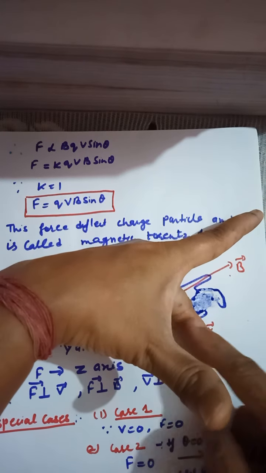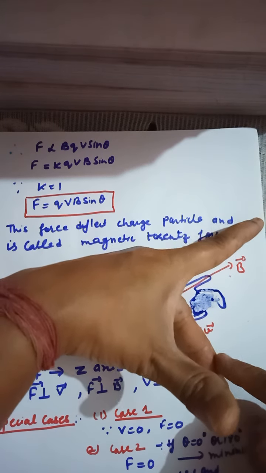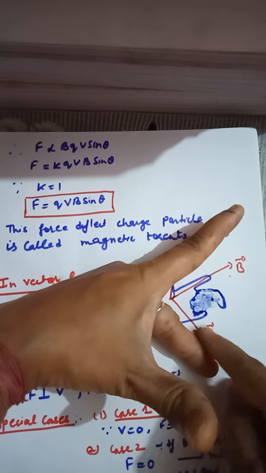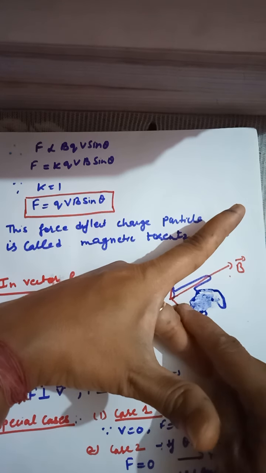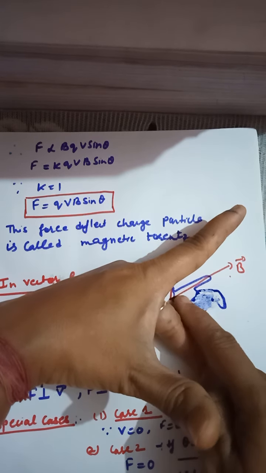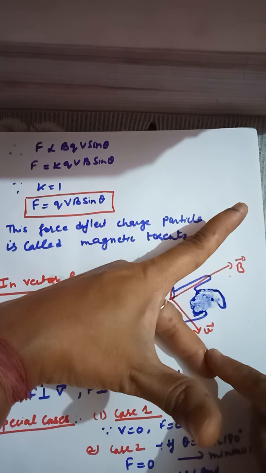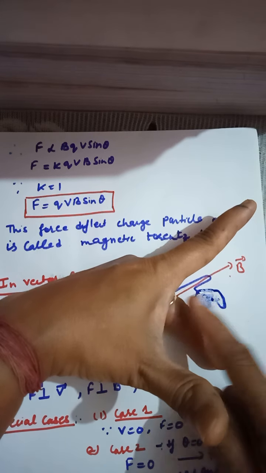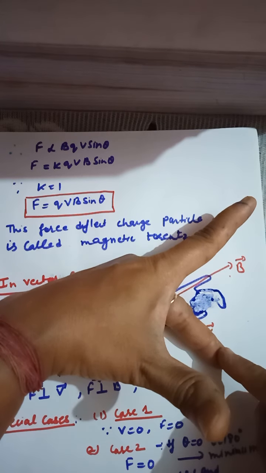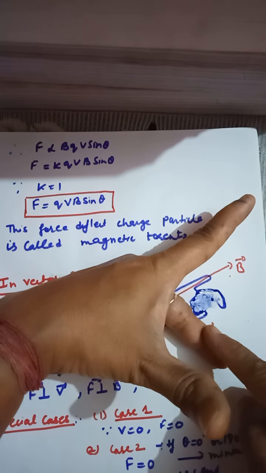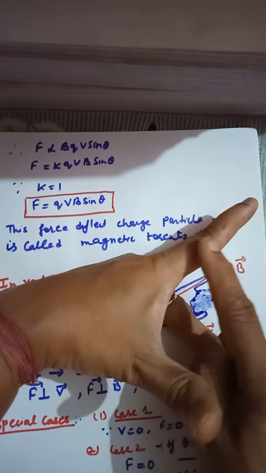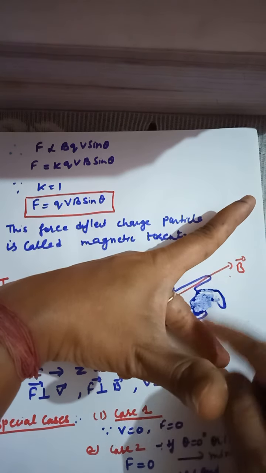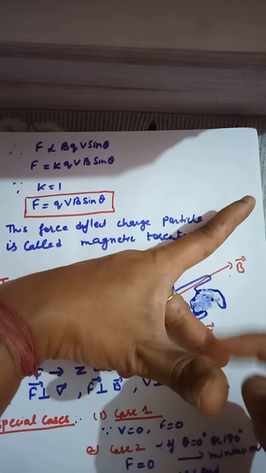the middle finger gives you the direction of the motion of the charged particle, and the charged particle is moving along the x-axis. So this is the direction of V. Where the charged particle moves, that is also the direction of the current. So this is the direction of the magnetic field, and this is the direction of the motion of the charged particle. These two are perpendicular to each other.